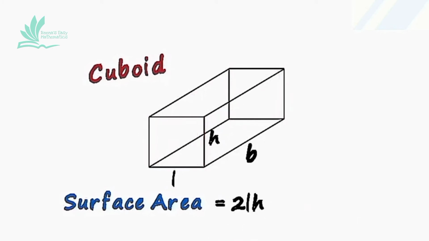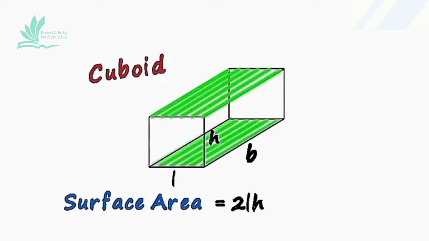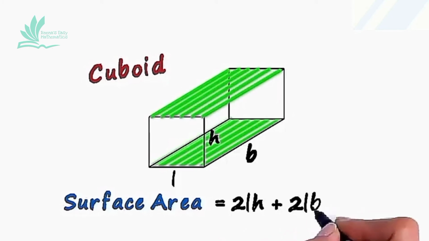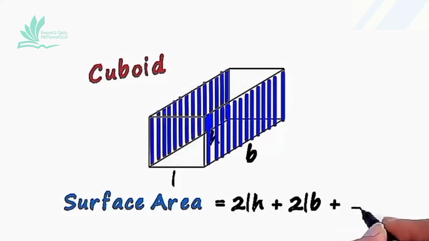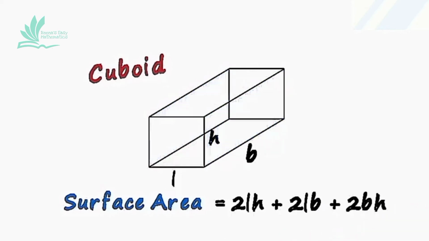Now we will take the top and bottom surfaces, which have the dimensions length as well as breadth. So we are having twice of length and breadth. Now we will take the two side surfaces, which have the dimensions breadth and height. So we are having 2 times breadth and height, because in the coming equation we are having 2 common. So take it common and write the formula in an easy way.